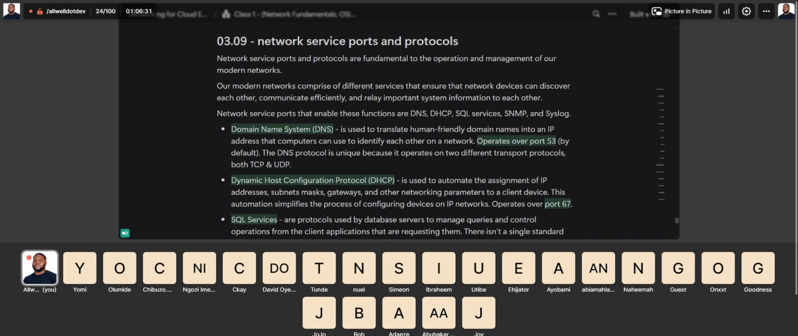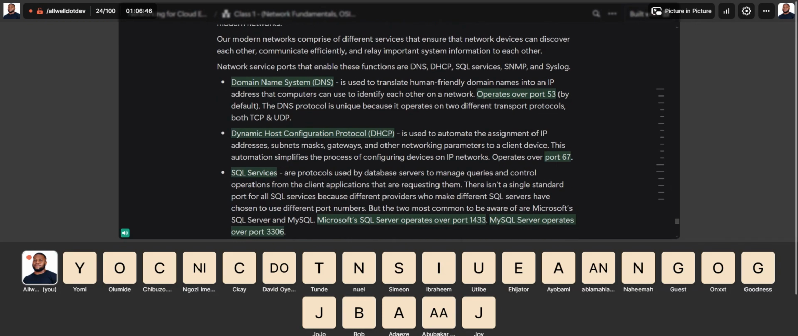All right. So network service ports and protocols are fundamental to the operation and management of our modern networks. Our modern networks comprise different services that ensure that network devices can discover each other, communicate efficiently, and relay important system information to each other. Network service protocols that enable us to do these things are protocols like DNS, DHCP, SQL services, SNMP,